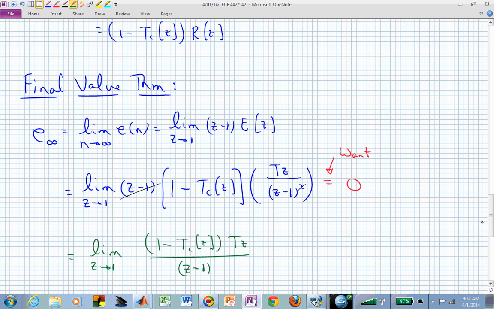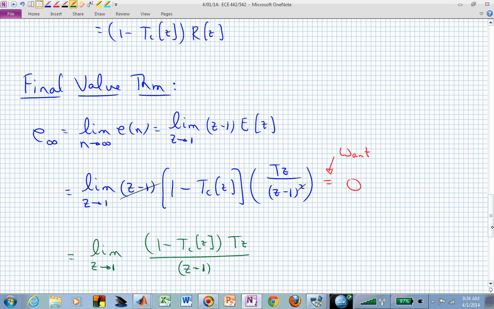If we simplify a little bit, one of those z minus 1 factors in the denominator, due to the ramp input, gets canceled by the preceding z minus 1 factor in the final value theorem expression. We're left with the limit as z goes to 1 of 1 minus T sub C of z, times Tz,